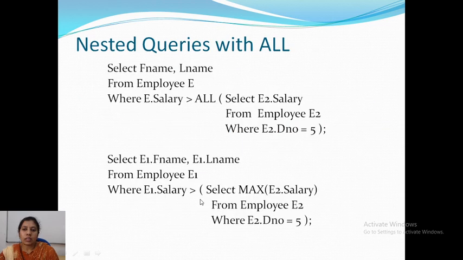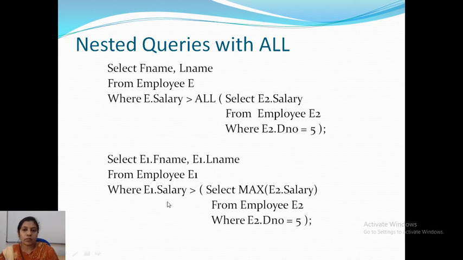Then next, we can use aliases. When we are writing nested queries, we can use aliases for the tables so that we can avoid ambiguities. Here I'm taking again the same query, but we have used the aliases employee and employee 2. Two different instances we are taking, and then we will compare if the salary is greater than all salaries of the employees from department 5.